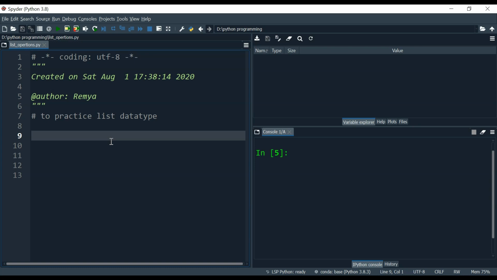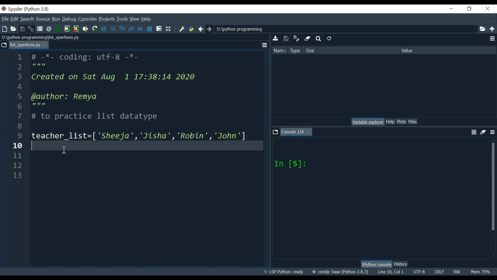I'm going to use a teacher list variable for storing the names of teachers who are taking subjects for a class. So I'm naming my variable teacher_list is equal to square brackets, which represent a list object, and within this square bracket I have to give the values. So I am giving the values Shija, Jisha, Robin, then John. This is my teacher list.